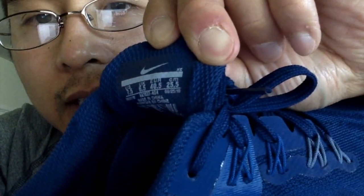But the size is actually, believe it or not, extra wide. See, you guys can see extra. It says XE as in extra wide. If it's just a regular wide, all it says is an E. And so extra wide is extra E, extra wide. So that is the shoe that I've actually been running in